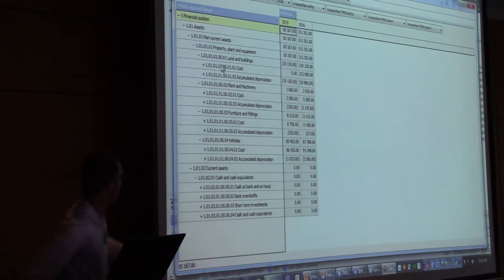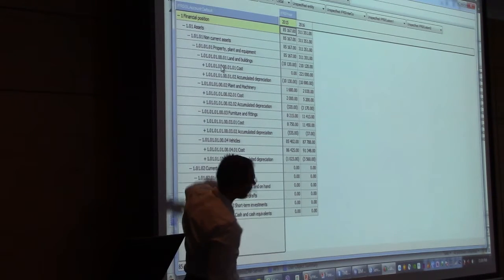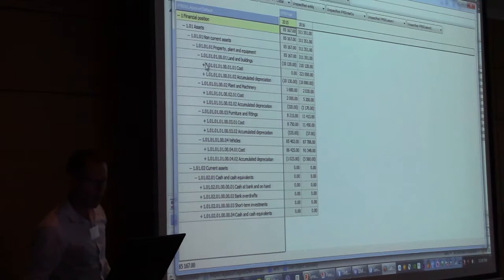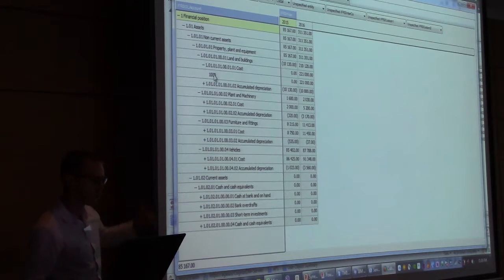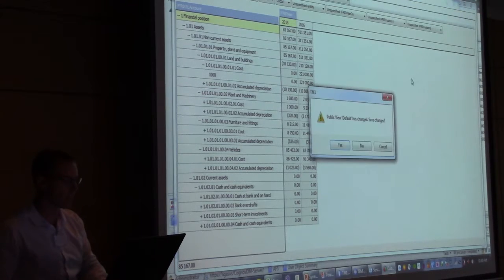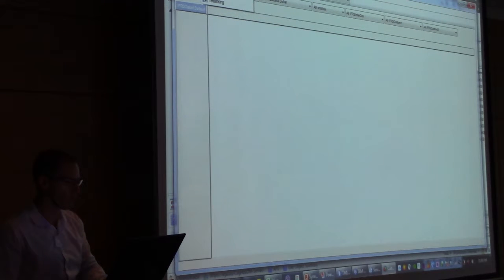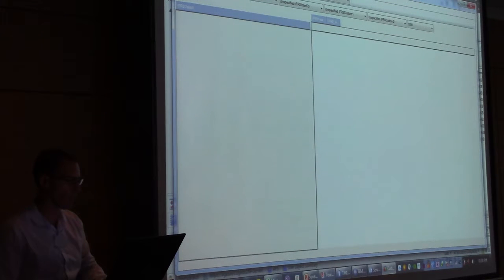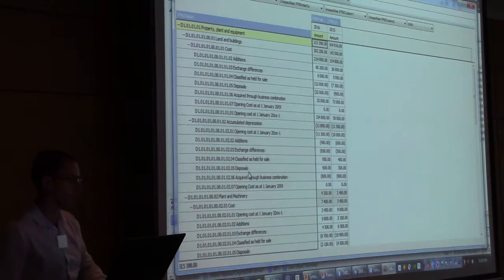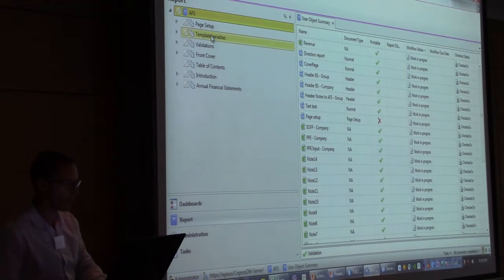You'll see that we've got a naming convention and a mapping structure, and all you'll do is map your individual items to that hierarchy. We've got the same for note detail that isn't held in your trial balance in another cube. So if you have a look there, we've got it extending to a lower level to handle additions, etc. And then what it looks like once you've done that is, I'll just quickly generate a report.